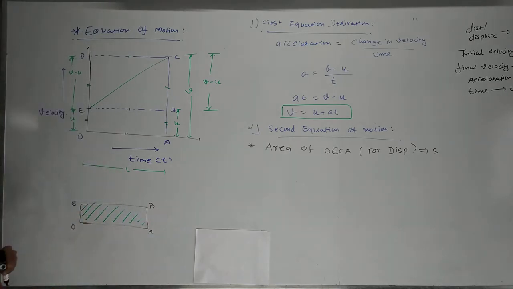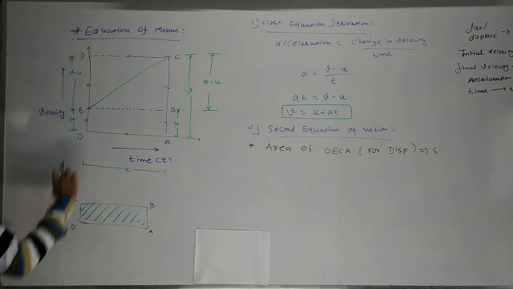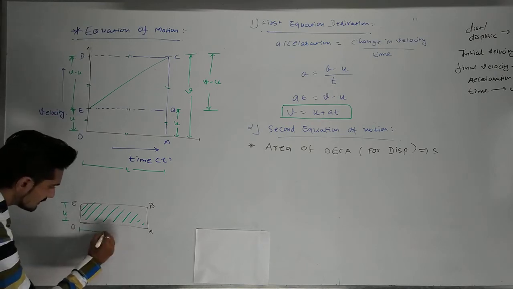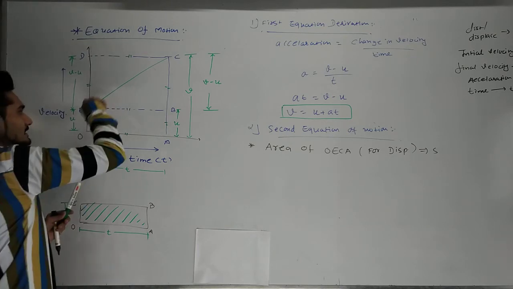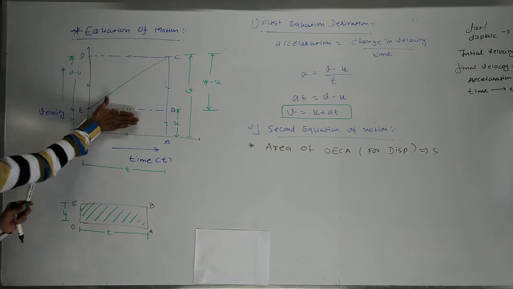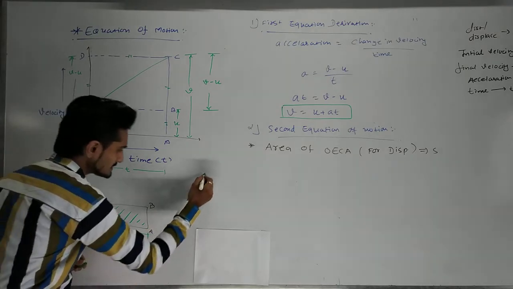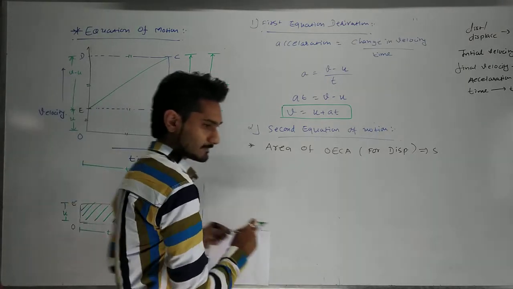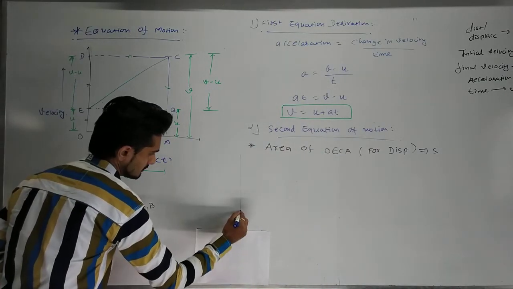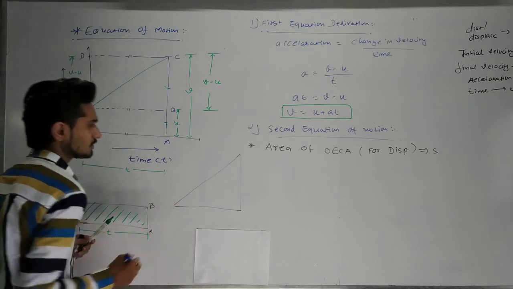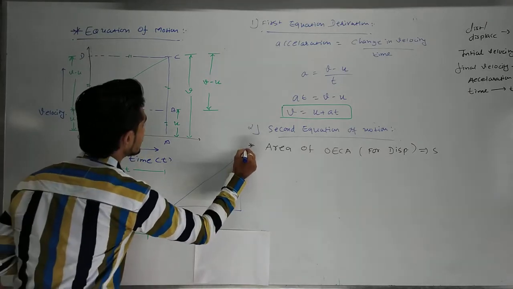that gives us the rectangle's area. And what is this rectangle's area? If you can see it here, it is U, and the other side is T. And what is the second part? If I separate this rectangle part from that, we are left with the triangle. And what is this triangle? Here we will draw the triangle. You can see that. Now I am giving the names to all the triangle points: E, C and B.